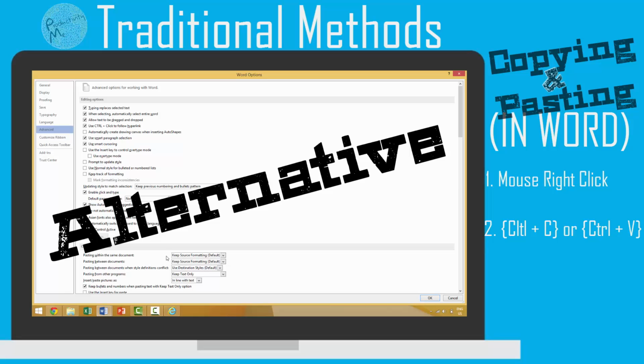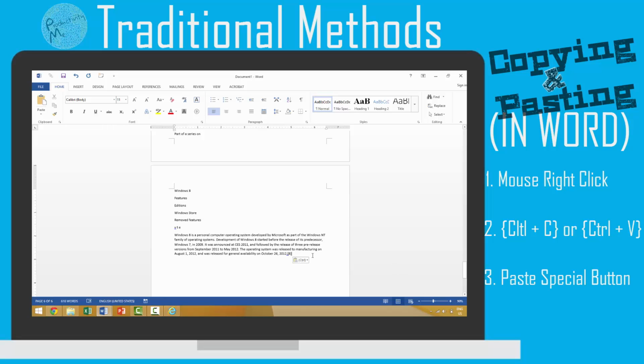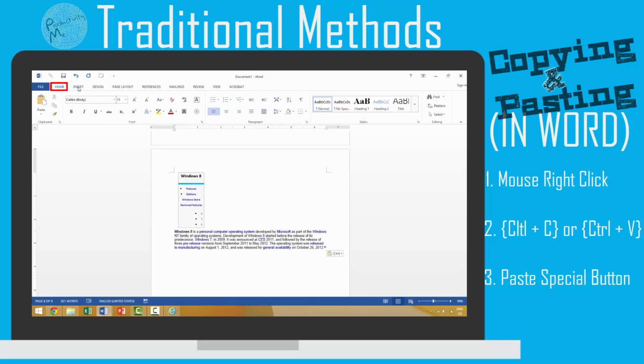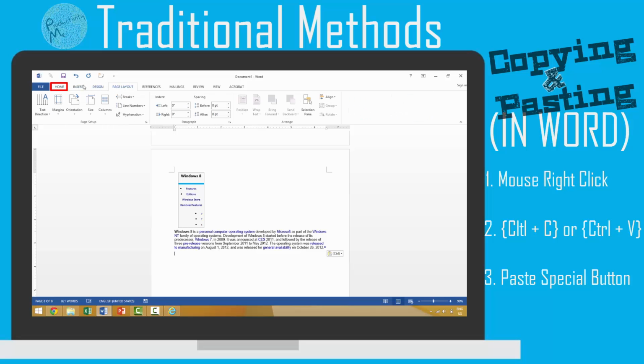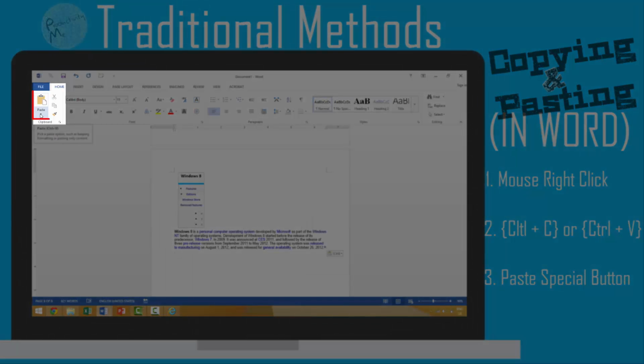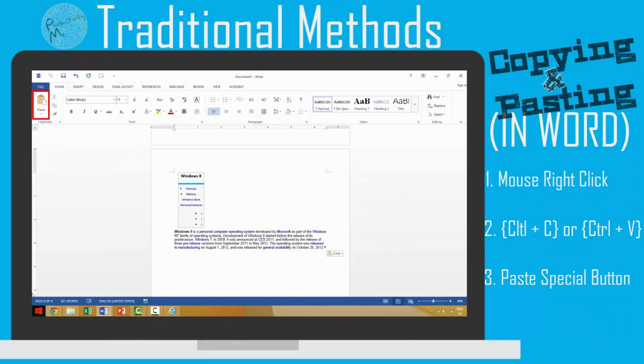An alternative choice to changing the default paste options within Microsoft Word would be to use the Paste Special function. You can access the Paste Special function by making sure that you're on the Home tab on your Windows ribbon rather than, say, the Insert tab, Design tab, or Page Layout tab. Then once you're on that Home tab, click the little downwards facing arrow located directly under the word Paste. The Paste button is a relatively large button located on the leftmost part of your Home tab. It is located under the word File, nestled in the group of command buttons titled Clipboard, highlighted on